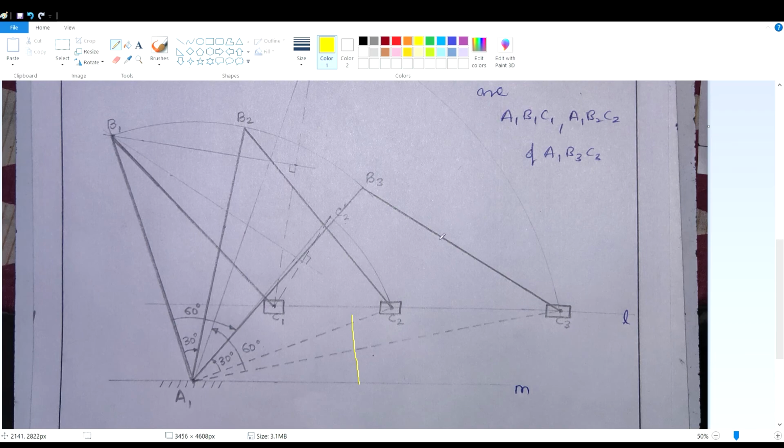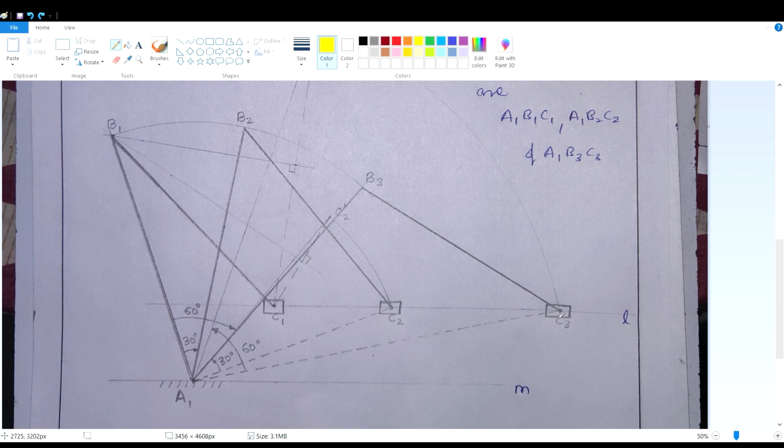Firstly, I have taken A1 as a fixed point and C1 as a point. No, this is not fixed, but it will move. Here I have taken C1. This is the C1 point. From C1 we have to take 40 mm length to the right side. This will give C2. And from C1 we have to take 96 mm to the right side. This will give point C3. After getting points C2 and C3, we will join the points A1 and C2,